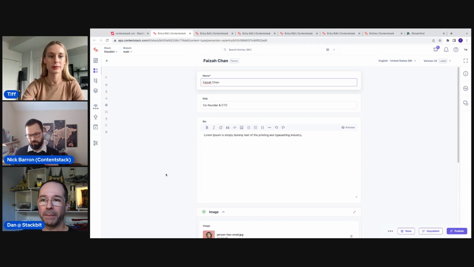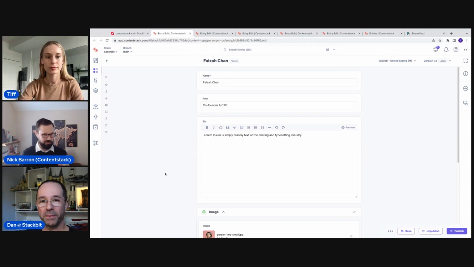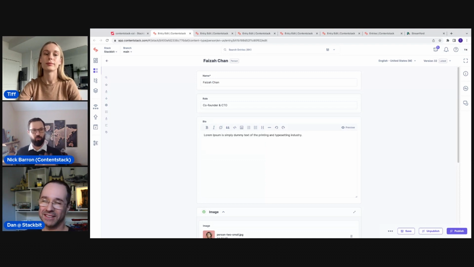And just to double down on that, the ability to have a choice in how you're going to do that, right? Which interface needs to be used for the right thing, right? If I got a spreadsheet of 50 authors that I need to load in, I'm not going to do that through a front end application. I'm going to do it through the back end. But if I need to make the component that is going to be reused from one section to another section, then I absolutely want to do that visually, save that as a preset, and then pull out the relevant data on whatever page that's going to live on.